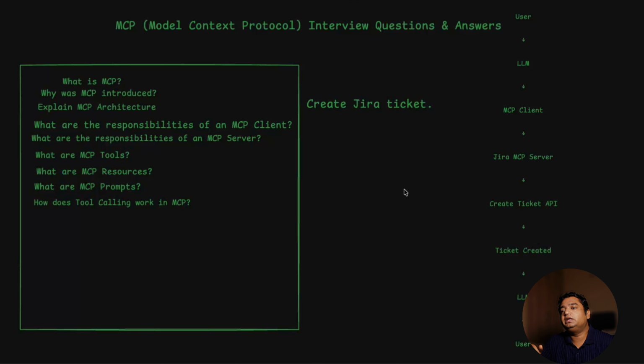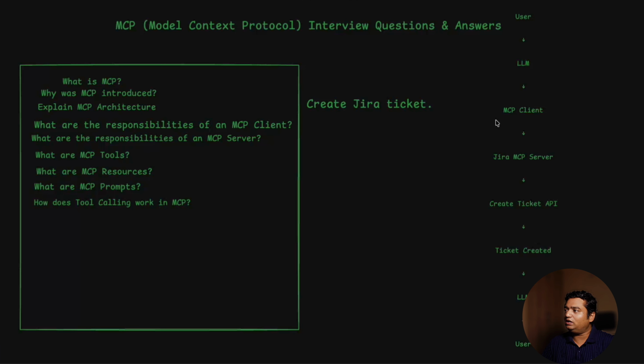One very interesting question is, how does tool calling work in MCP? They have explained that it calls the tool, but how does it perform internally in MCP? I'll explain this with an example. Say you have to create a Jira ticket. What will happen? The user uses the AI application, and that AI application connects to the MCP client. The MCP client connects to the Jira MCP server, meaning an MCP server which has connectivity to Jira. It creates the Jira ticket.